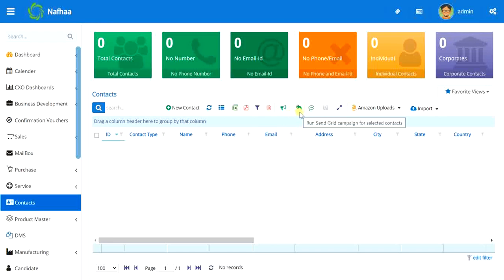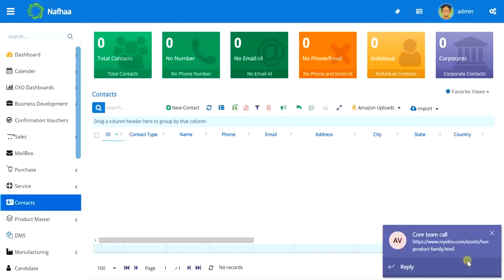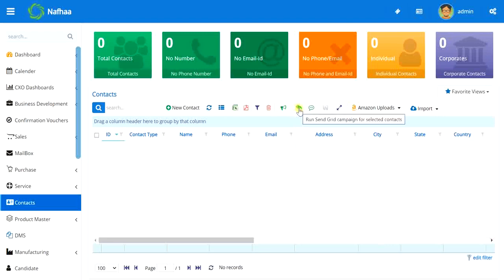Similarly, we can have the SendGrid as I mentioned. Then we can have this SMS campaign. Then there is a save button given over here. Here there are some fields which can be edited like Excel, and you can bulk edit them manually and save them. Okay, then this is the maximize button.